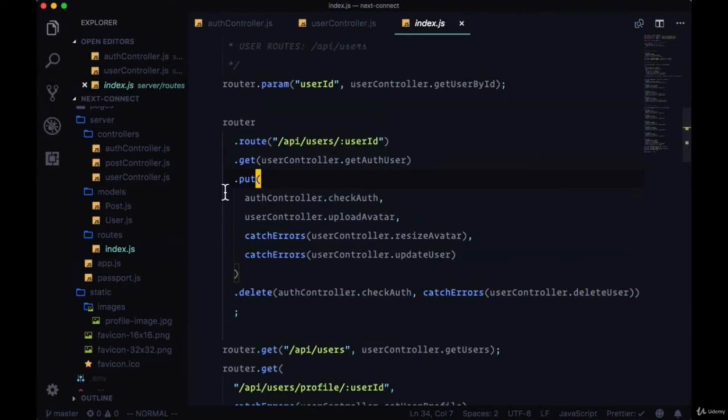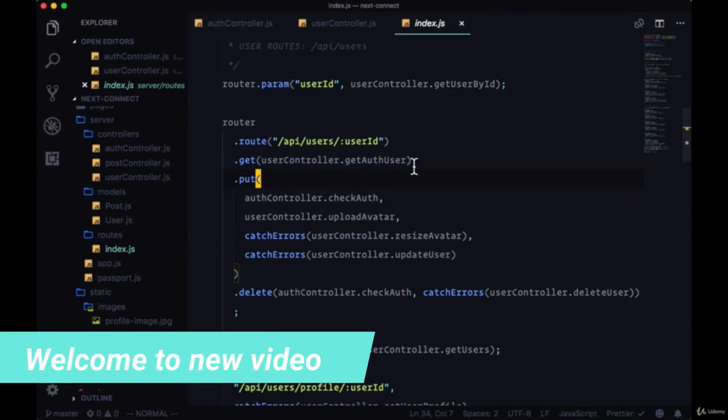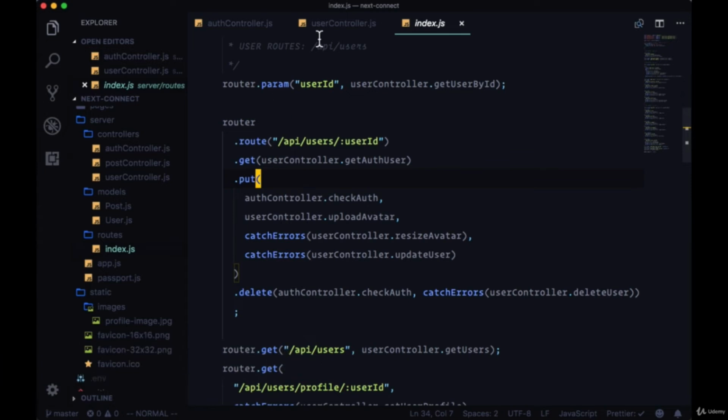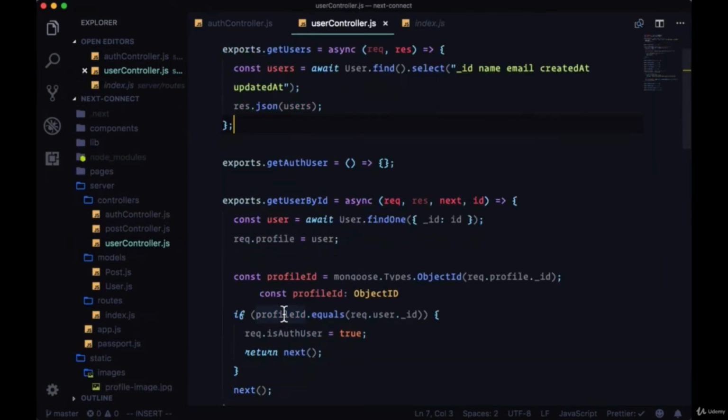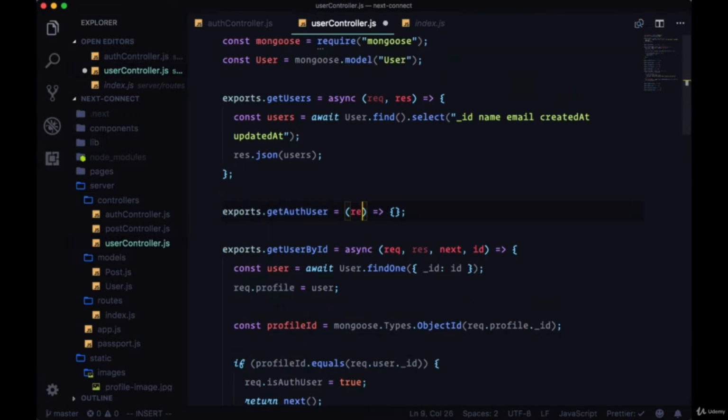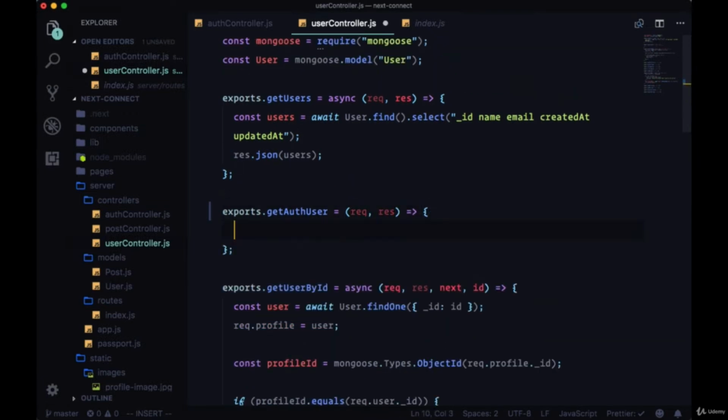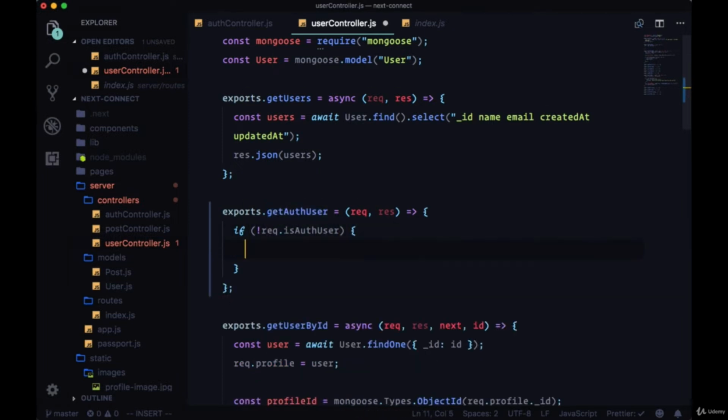Looking at our routes again, we see that for /api/users with the userId param, we have a GET request, getAuthUser. So let's implement that. After executing getUserByID, once we have the user's information put on request.profile, we'll have request and response and say if we don't have request.isAuthUser, if we're trying to get the authenticated user's data from the client, but we're not the authenticated user, we